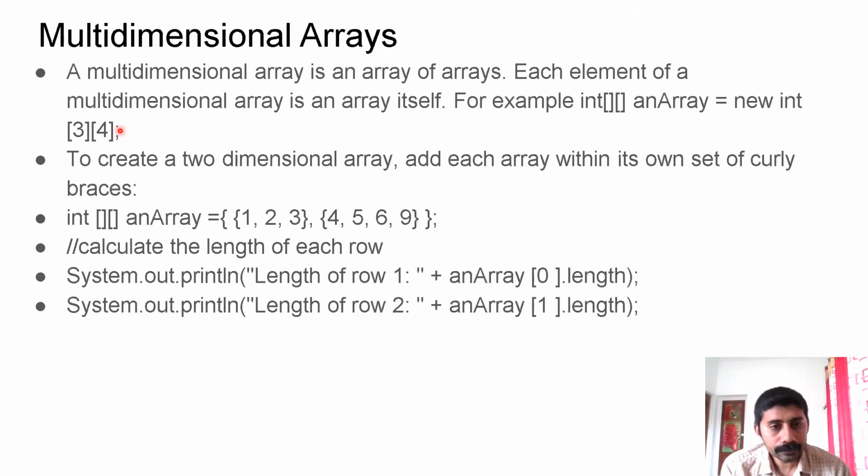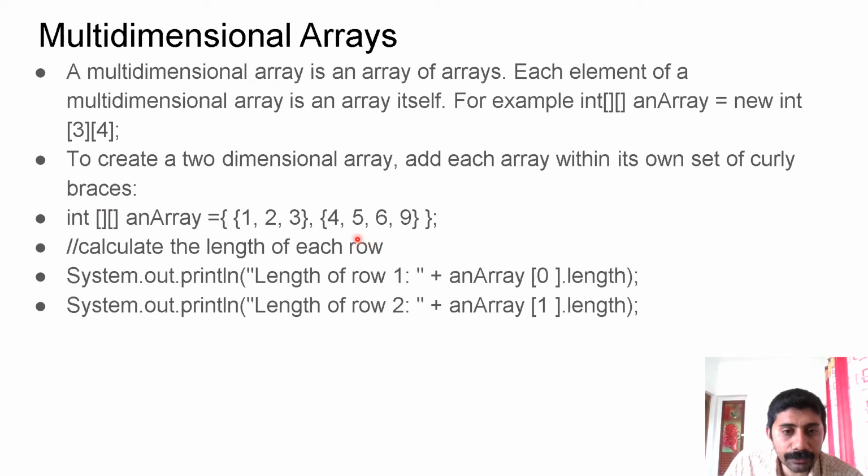Multi-dimensional array. A multi-dimensional array is an array of arrays. Each element of a multi-dimensional array is an array itself. For example, int two sets of square brackets an array new int 3 4. This creates a 2-dimensional array, and each array within it has its own set of curly braces. This is another example: int an array, first 1-dimensional array, second 1-dimensional array. So this declaration will be something like